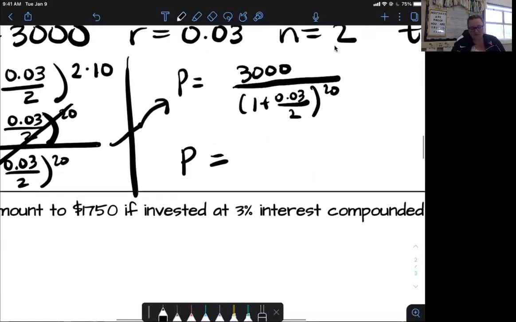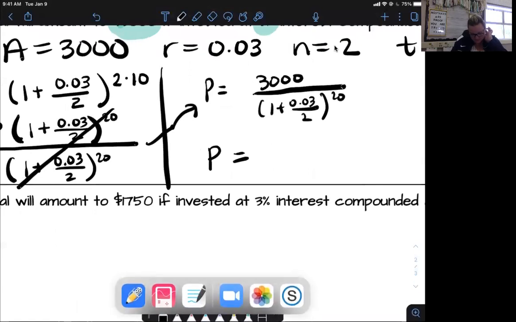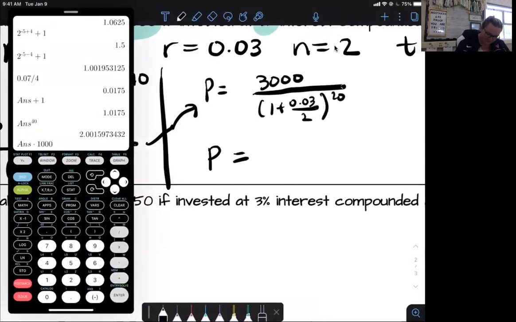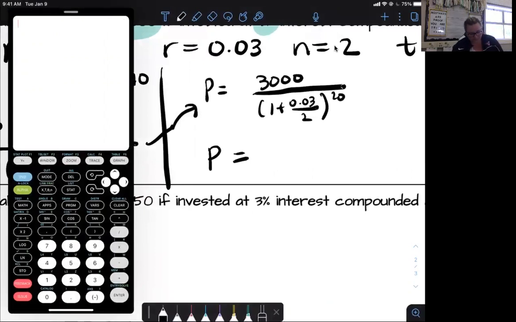So we're going to very, very carefully plug this into our calculator. Let me walk you through what to do. The first thing I would deal with is your denominator. So if you have a calculator handy that works similar to mine, make sure you follow these steps. We're going to take 3,000